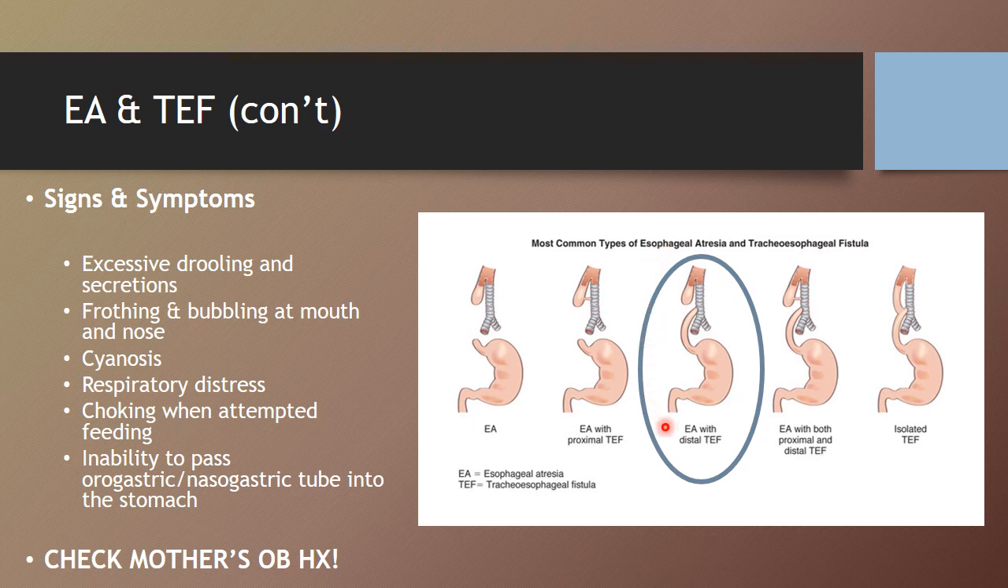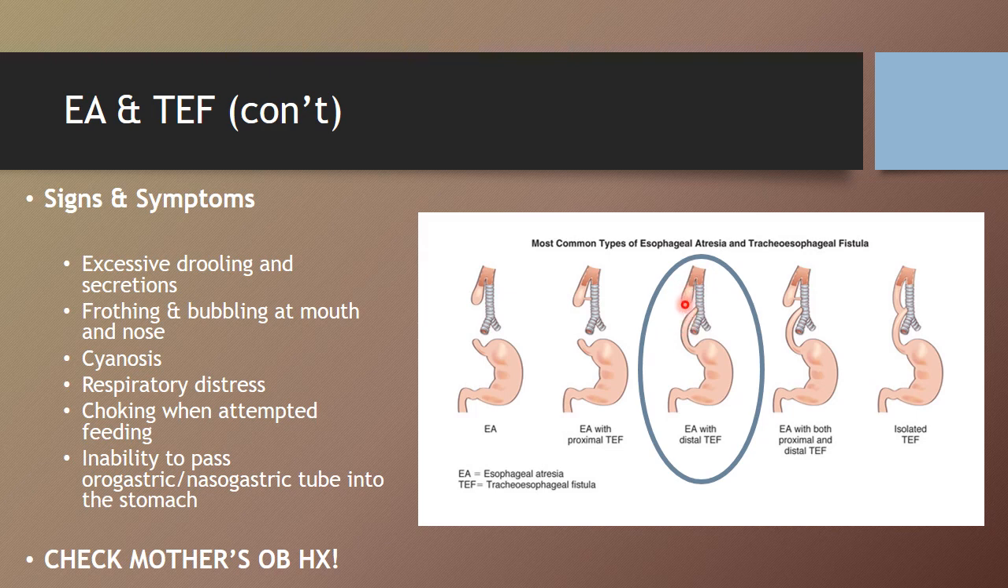And then this that I have circled is actually the most common type, EA with a distal TEF. It's about 85% of all cases, actually. So you can see that instead of this connecting to, this is that blind pouch I was talking about, by the way, a second ago,